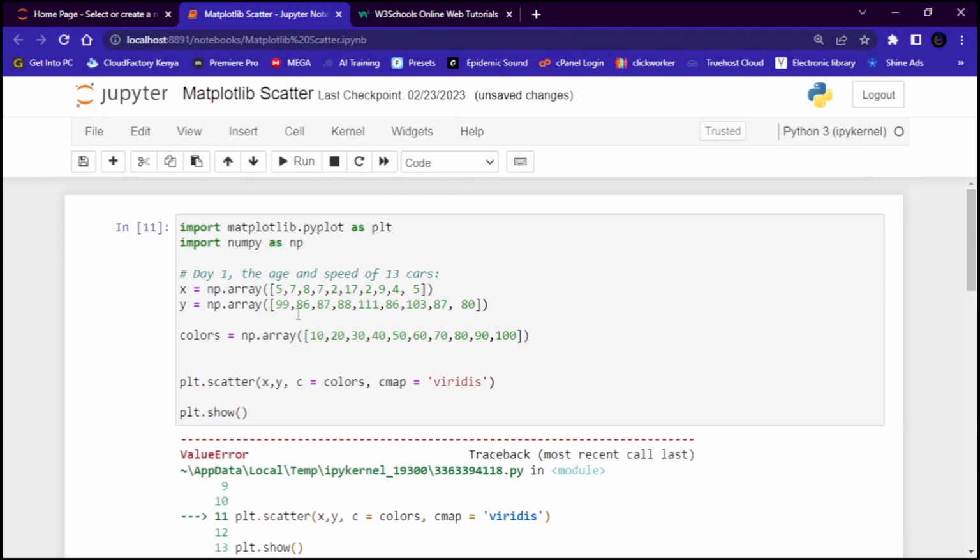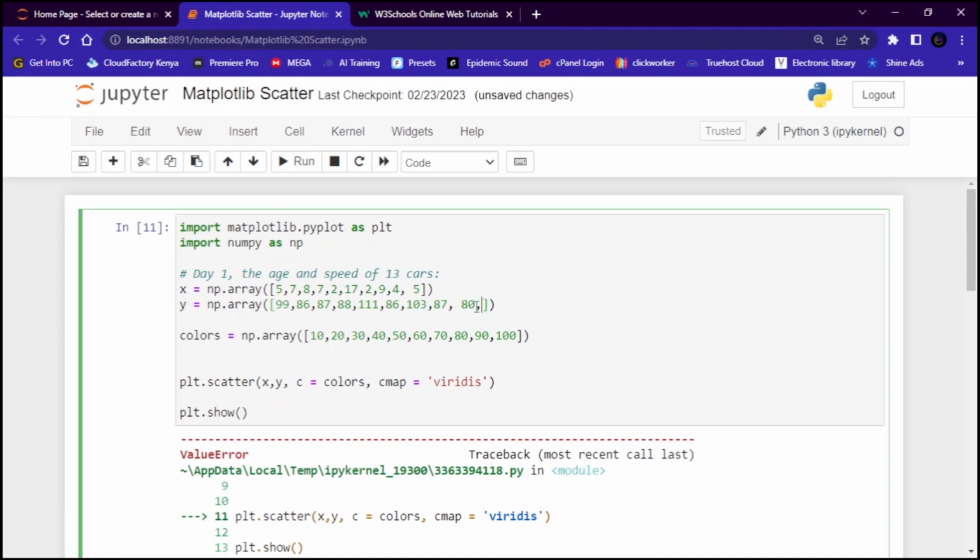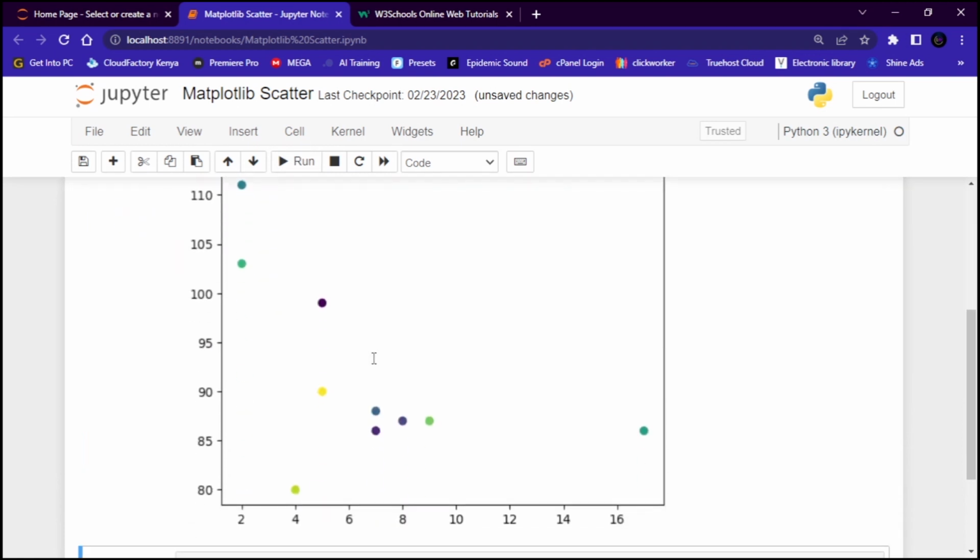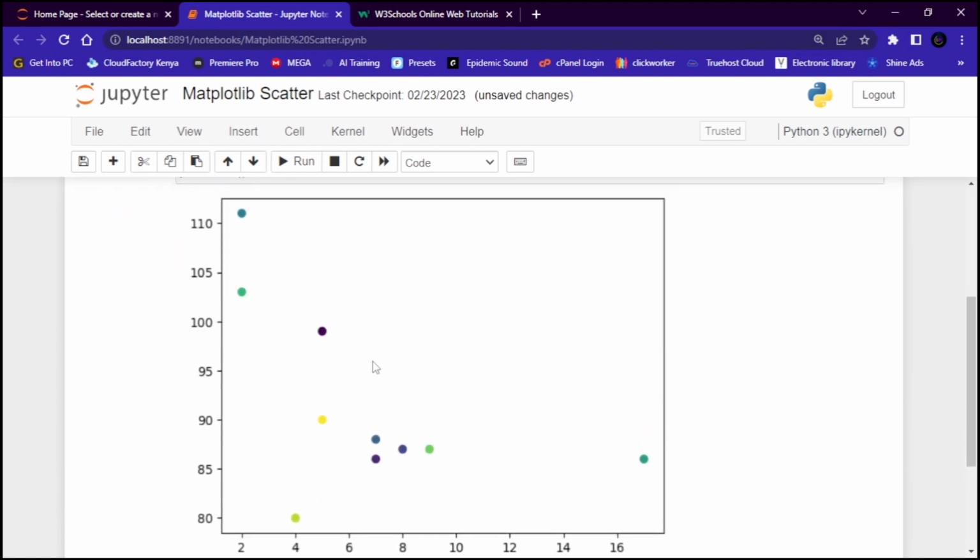So I think 1, 2, 3, 4, 5, 6, 7, 8, 9, 10. Oh, it should be 10. Then let me run again. Then finally it's working. So guys, ensure that you have the correct number of values for it to work very well. You must be